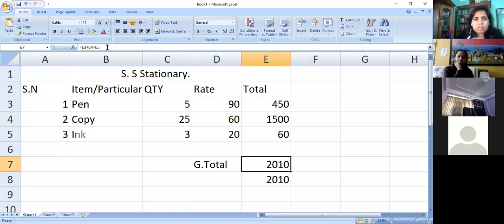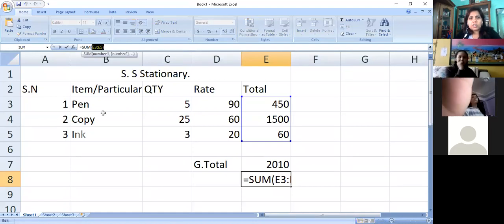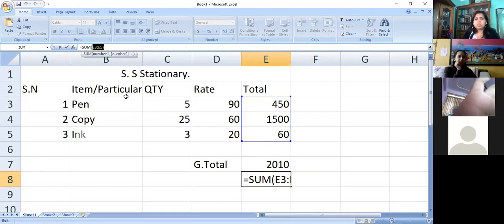So this is the example of a cell range. See here, inside the bracket, we have given the starting cell address and ending cell address. It is the selection of cells where we have to find the values. So if we select more than one cell and we use it for calculation, then that is called a cell range. It is also known as a block of cells or cell range. Correct?